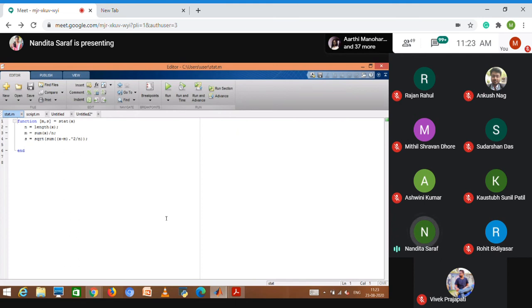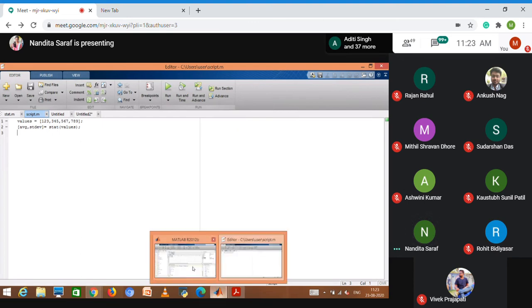See, I have defined in the script file two variables, average and standard deviation. As I have defined them here, every variable will be stored in the workspace.